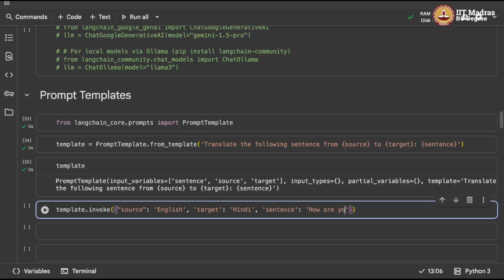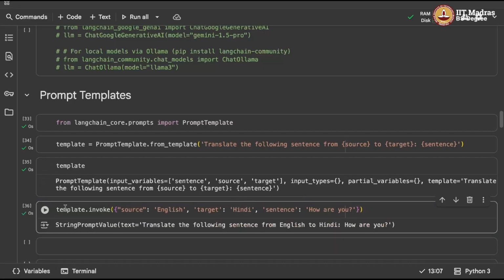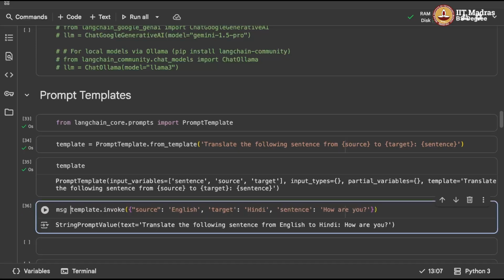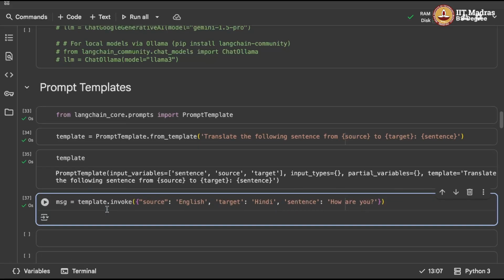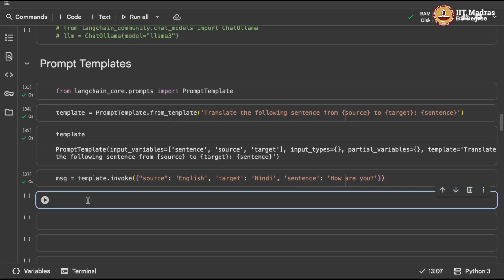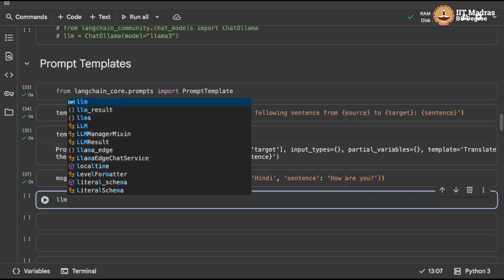Simple sentence, right? So this is the prompt that has been created. I can again give it a variable name, and once this prompt is created, I can use my LLM to